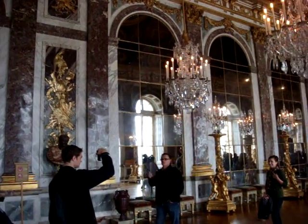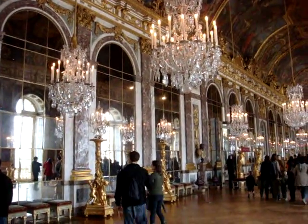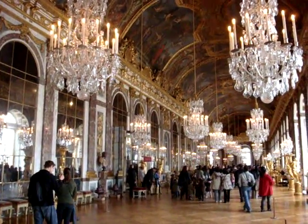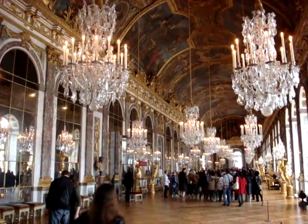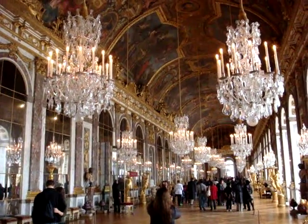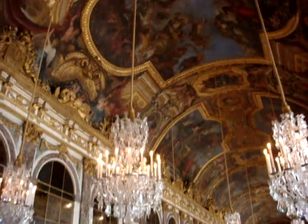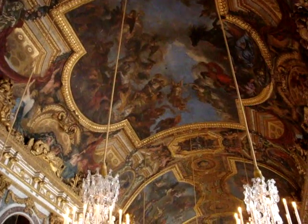So we're now in the Palace of Versailles, about a 40-minute drive outside the city of Paris. We are here on a Trafalgar tour, and where we are at the moment is in the Hall of Mirrors, which is absolutely amazing, with these magnificent chandeliers, beautifully ornamented ceilings, all these magnificent frescoes, and the sheer extravagance here